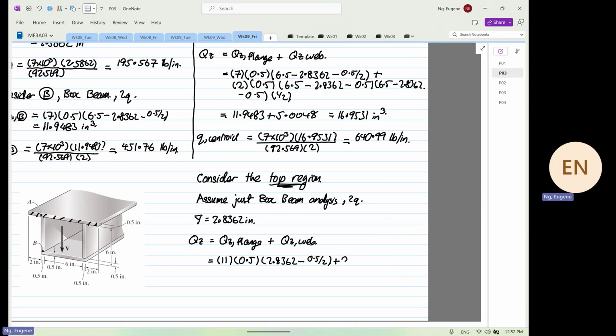Plus the web, which is twice. The width is 0.5. The depth is 2.8362 minus 0.5, squared, so I'll do it again. Multiply by 2.8362 minus 0.5 multiplied by half. That's the Y bar. So this will be equal to 2.8362 minus 0.5 divided by 2 times 0.5 times 11 is equal to 14.2241, plus 2.8362 minus 0.5 squared times